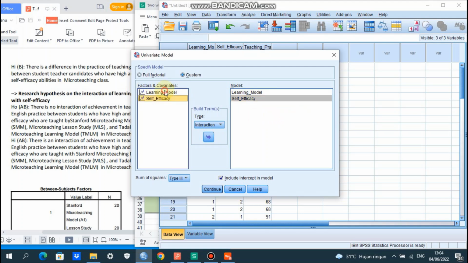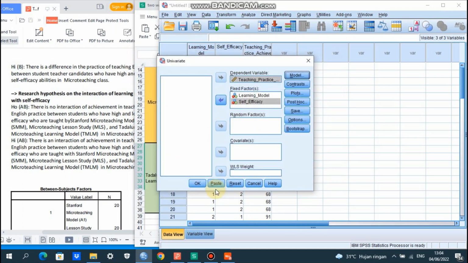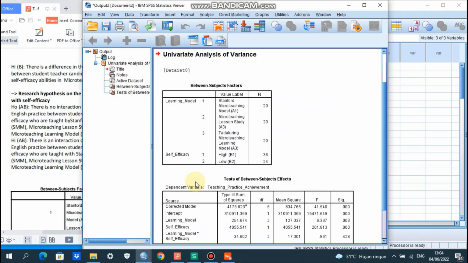We click learning model and also self-efficacy so that both are highlighted, and send them to the model box on the right. Then here Type 3, and we click Continue. Then we click OK.